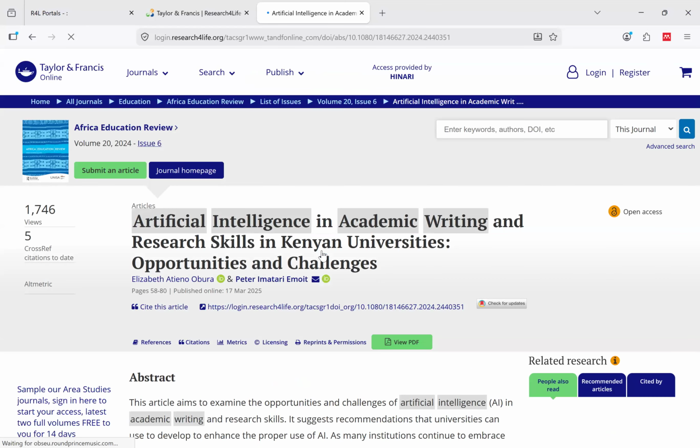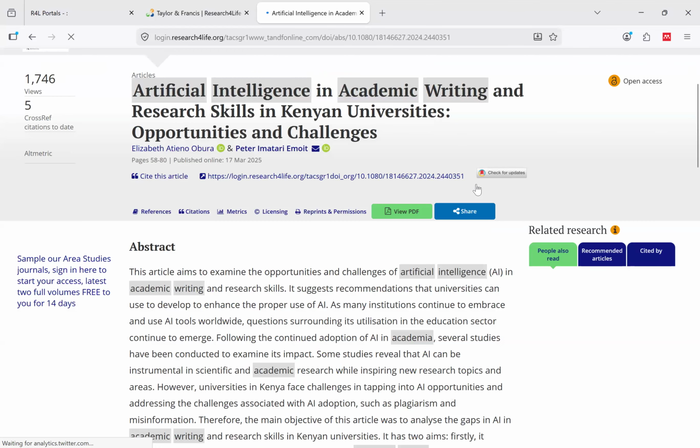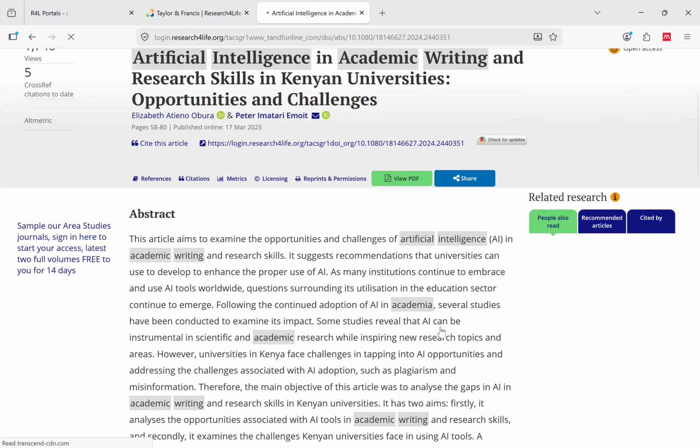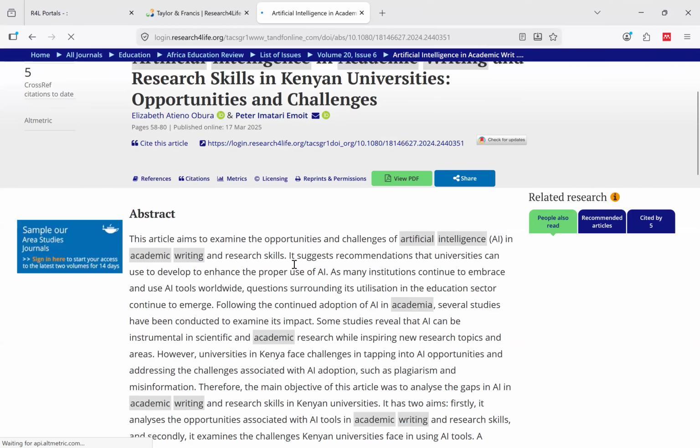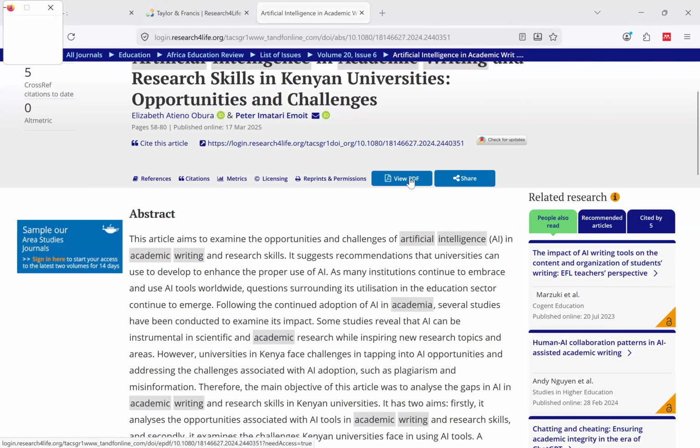Okay, finally. So now for articles from Taylor and Francis, remember the golden padlock. Now here it doesn't have the obvious PDF, but it has View PDF. So when I click on View PDF, I should be able to download.